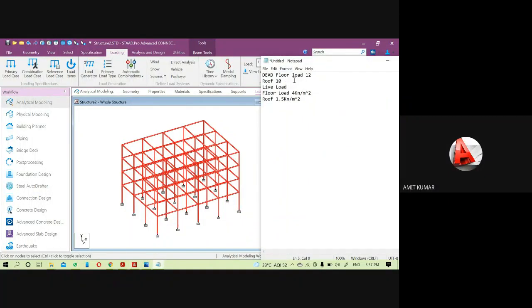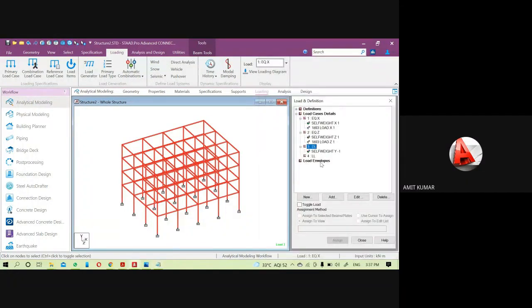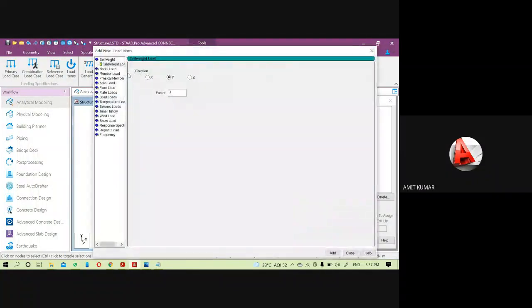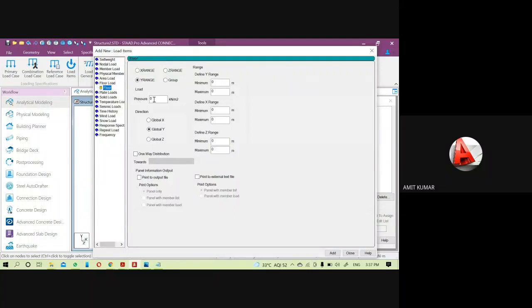So under the dead load, first will be your floor load of 12 kilonewton, then second will be your roof load. So I'm going to add it, and this time we have to provide the direction also, pressure directions like -12 along the global y due to the gravity, and the y range here at the top, it is 0 to 10.6.